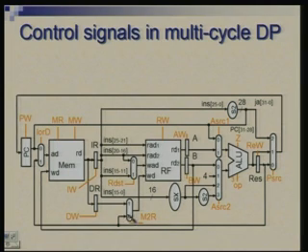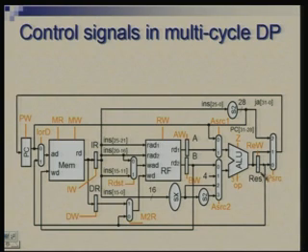This decides what gets written into the register file. We are calling it M2R, memory to register, or it is ALU out to the register. The name of this signal is the same RDEST we had earlier. This multiplexer is controlled by a signal called A source 1, this is controlled by A source 2,